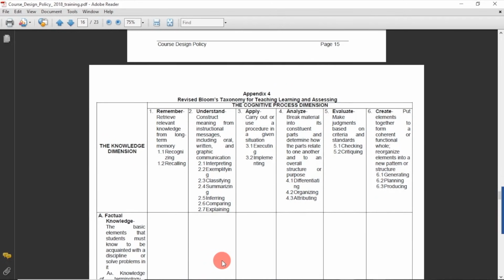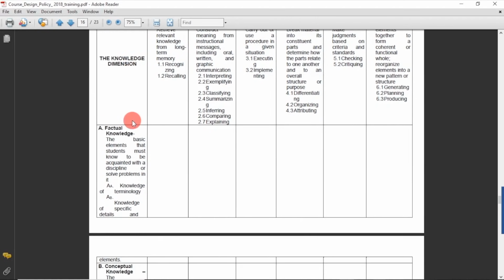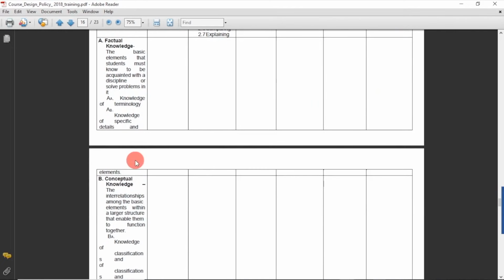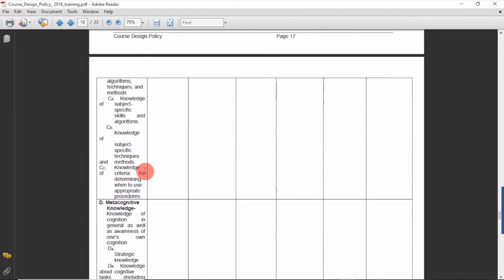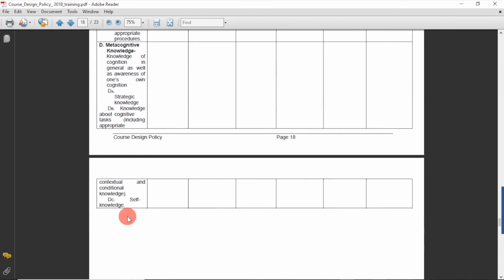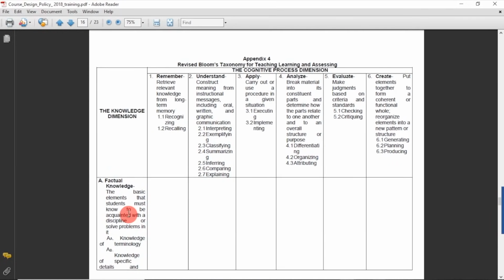Now this is revised Bloom's taxonomy. So when you talk of remembering, understanding, applying, analyzing, how Krathwohl has gone in for changing the things in terms of factual knowledge, in terms of conceptual knowledge, in terms of procedural knowledge, and in terms of metacognition. So this table you can go through, but the idea is that basics lie only with Bloom's taxonomy. So overall development, you can go through the paper written by Krathwohl and Anderson to understand those things in detail.